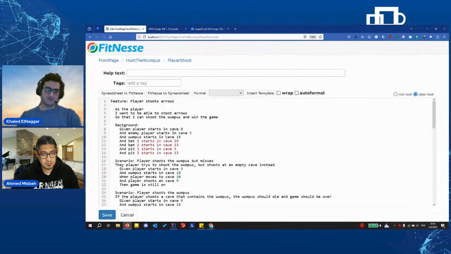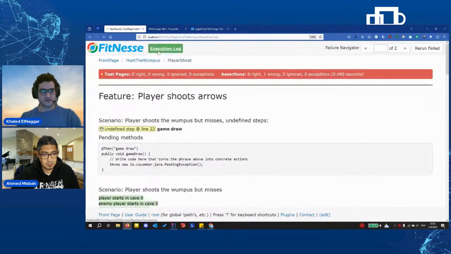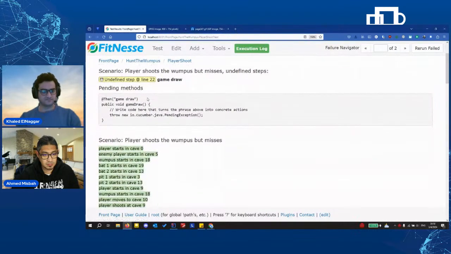Maybe I want to run another scenario where the game is a draw, so the player didn't win or lose. Now I don't know if we already have a draw status for the game or not, but let's run it and see how the system behaves. Okay.